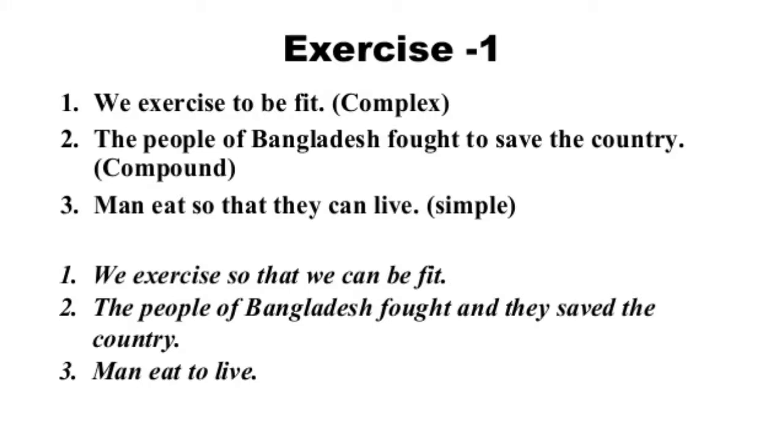So this is the rule 1 with simple sentence, compound and complex sentences. So in simple, to should be there. In compound, and or must be used. In complex, so that, the subordinate conjunction, should be used. So it's the rule 1, children. So that's the transformation of sentence with rule 1. Let's move on and see the rule 2 now.